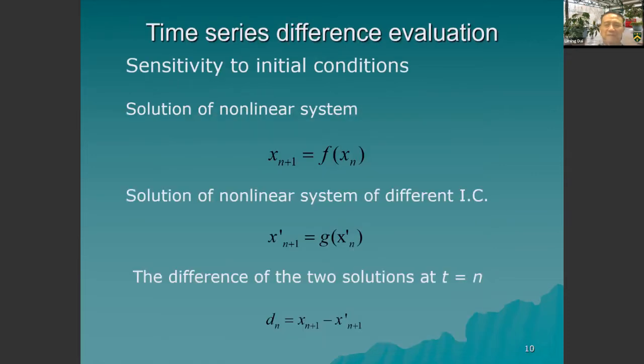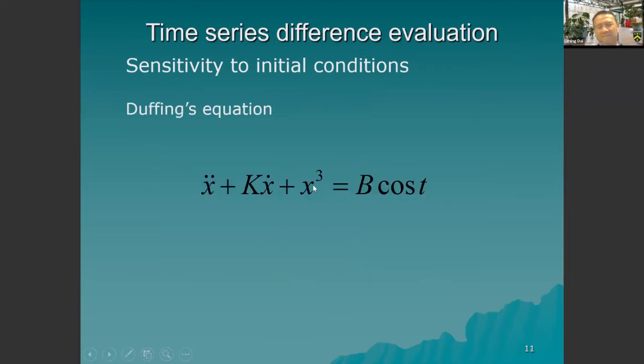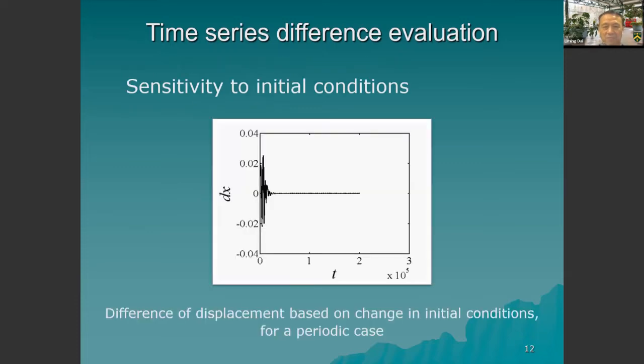So, the new method. The new method says that, let's say we have one system, but different initial conditions and different parameters. Then we can define two curves. The two curves are related to two types of initial conditions and two types of system parameters. As I said, let's take, for example, a very typical nonlinear system, which is called the Duffing equation. We use that equation, and you can see